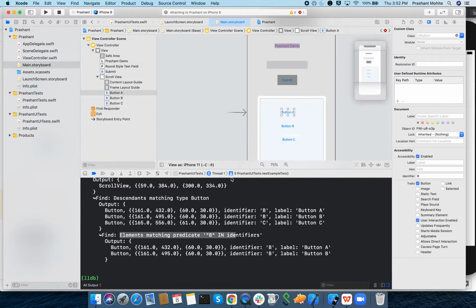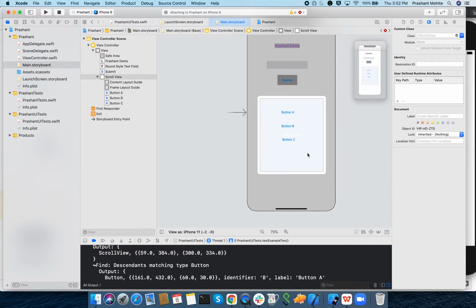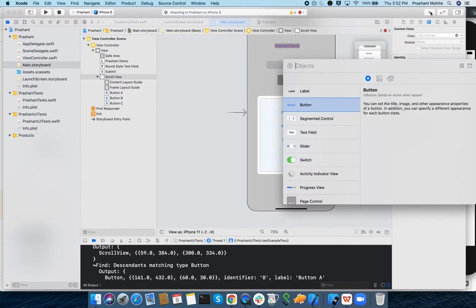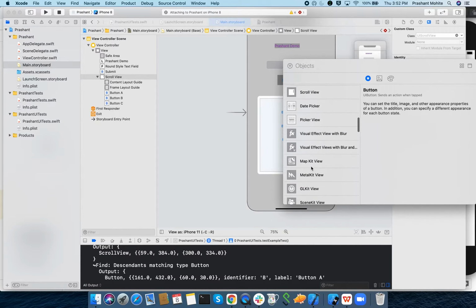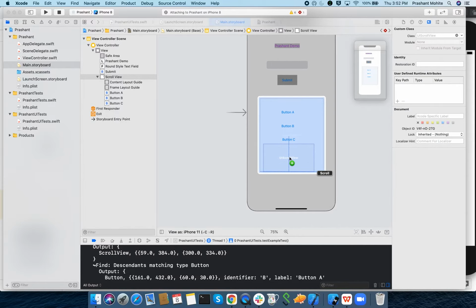Now what I'll do again is change the identifier to A here. I'll put one more scroll view inside that, and I'll put one more button here.